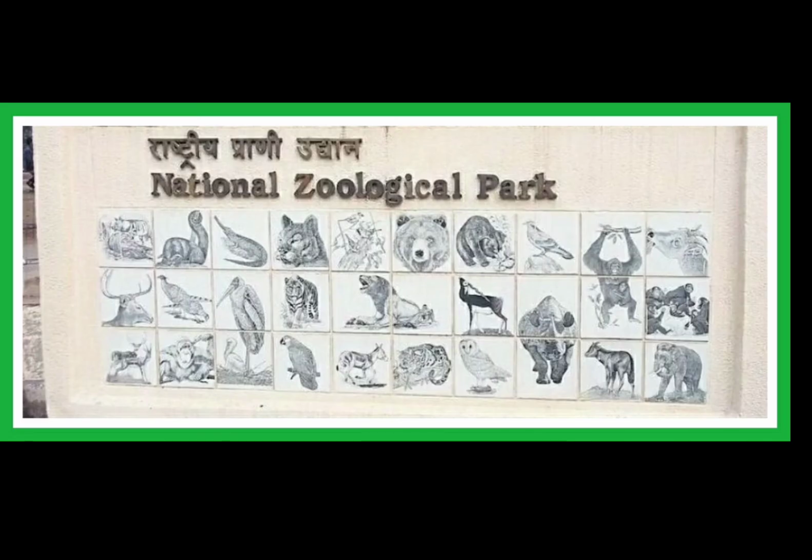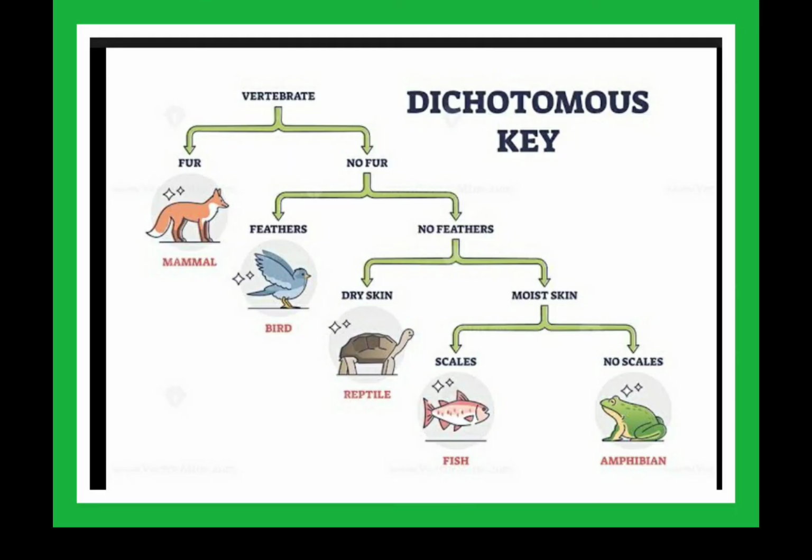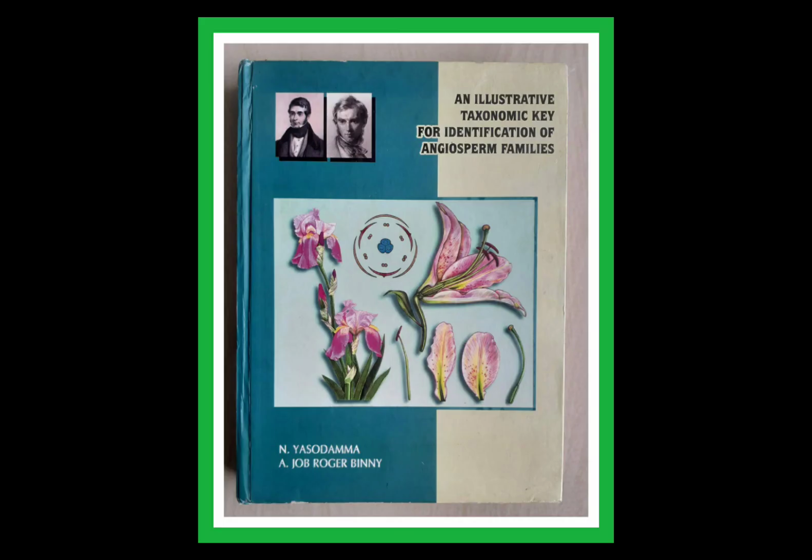The next taxonomic aid is zoological parks. These are the places where animals are kept. People can understand their food habits and behaviors. So animals are kept in zoos. The other taxonomic aid is key. Key is for analytical purposes. Each key is based on contrasting characters. A pair of contrasting characters is called a couplet. Each statement of a couplet is called a lead. Here is a book which helps us to do characterization of angiospermic families.